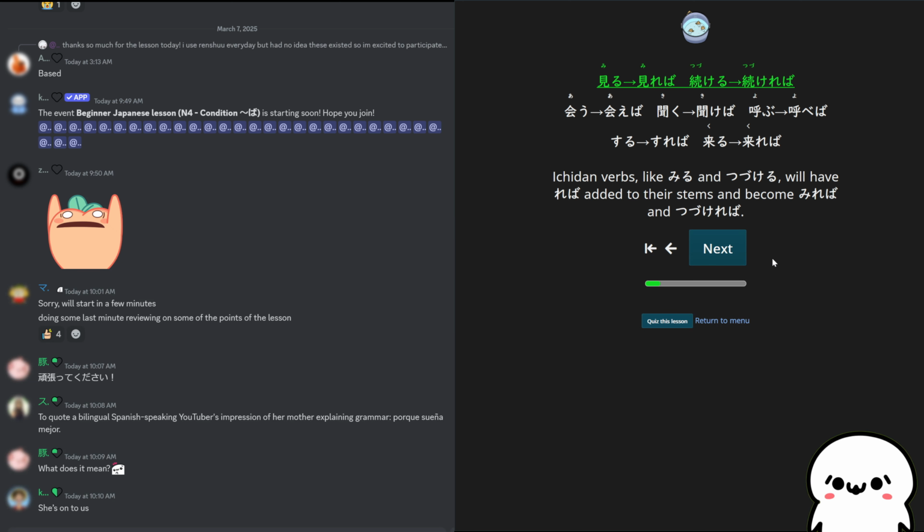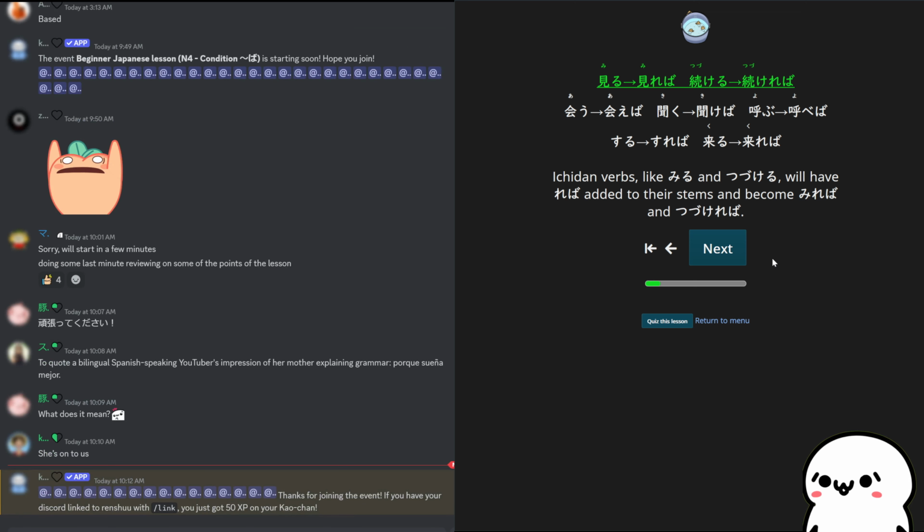We've got our ichidan verbs up at the top. Remember, those are the ones that more or less involve you dropping the ru and then adding a bunch of stuff afterwards. Compared to the other ones which involve a spelling change, you kind of change the character on the end. The ichidan always involves a cut and then a replacement. With these ichidan verbs like miru or tsuzukeru, you're going to drop that ru off the end and add reba, which sounds like liver. Just drop the ru and add liver to it. So miru becomes mireba, tsuzukeru becomes tsuzukereba,